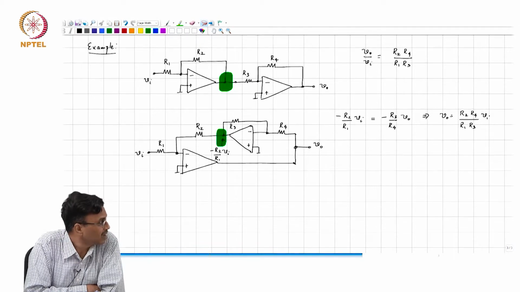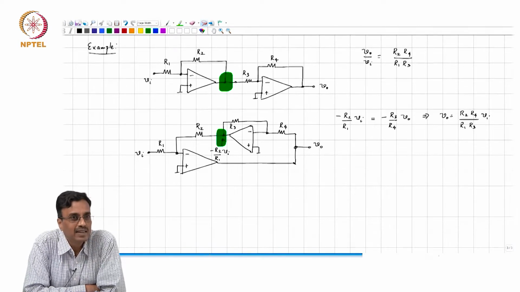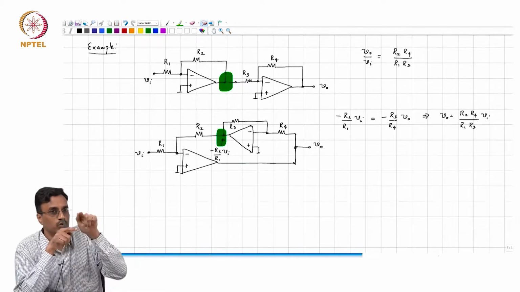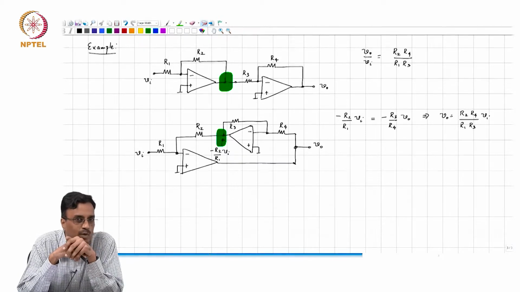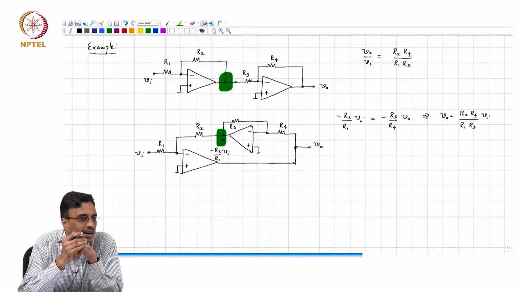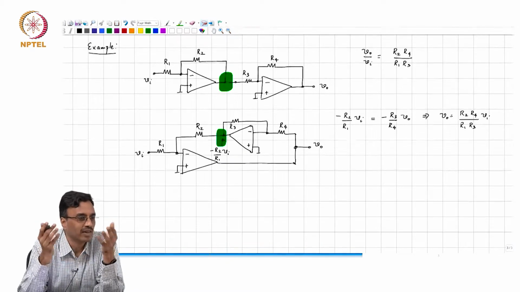When you're doing this, you must be careful to ensure that the op amp is ideal and that there is DC negative feedback around the op amp, which is what is needed to ensure that the two input terminals of the op amp are a virtual short. Otherwise it's not valid. And if you have 5 ideal op amps in the circuit, then it's now a field day, right?